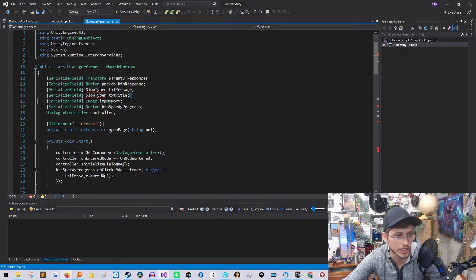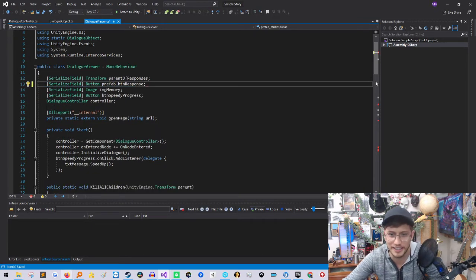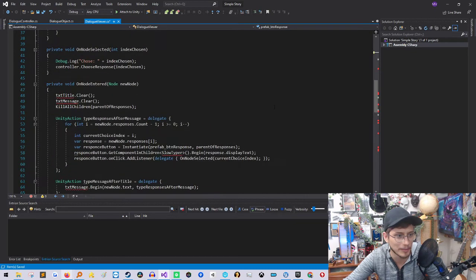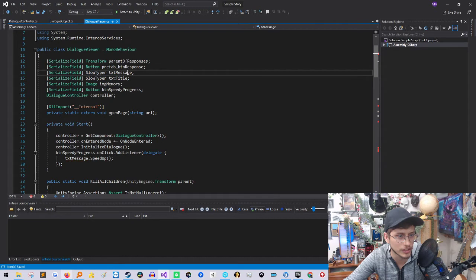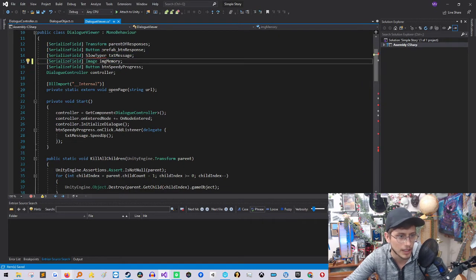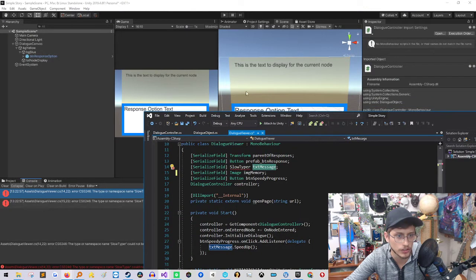So we have slow typer, which is basically a little bit of sugar to make the text slowly type out. Completely unnecessary for us. We're not going to need it. However, it looks like that was the text reference. So instead of referencing a slow typer, a text title. Okay, I don't think we're going to need a title, so we can remove that. But message is associated with this